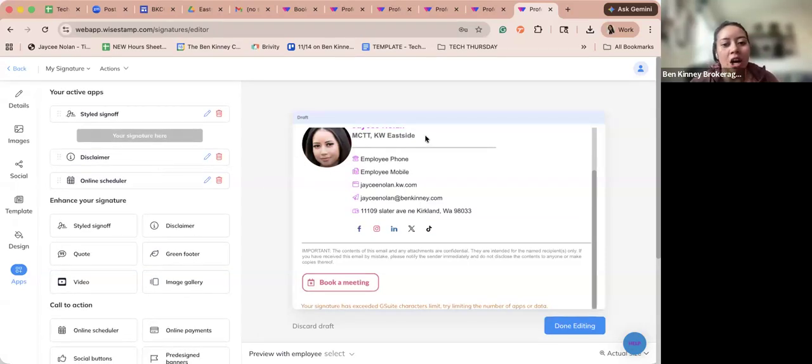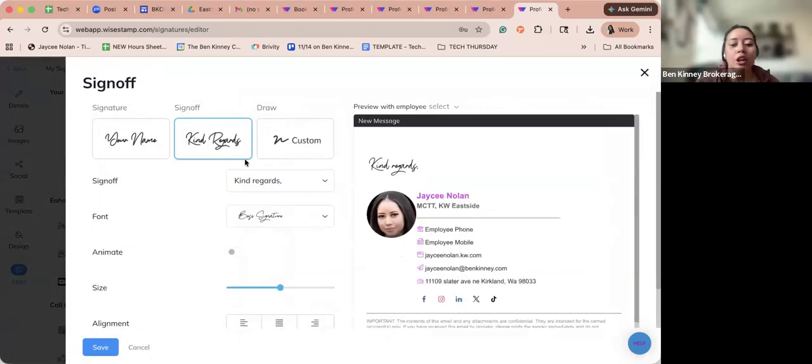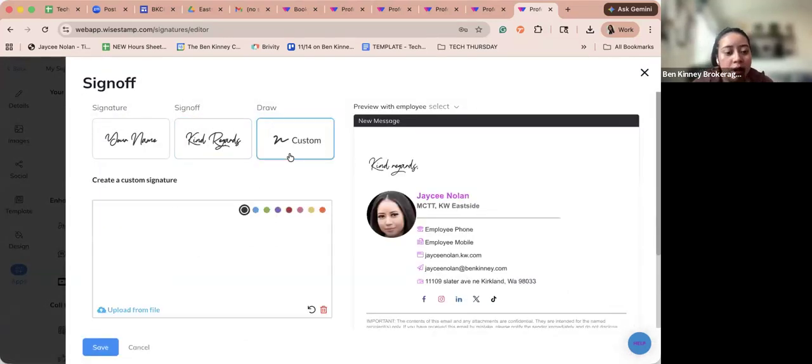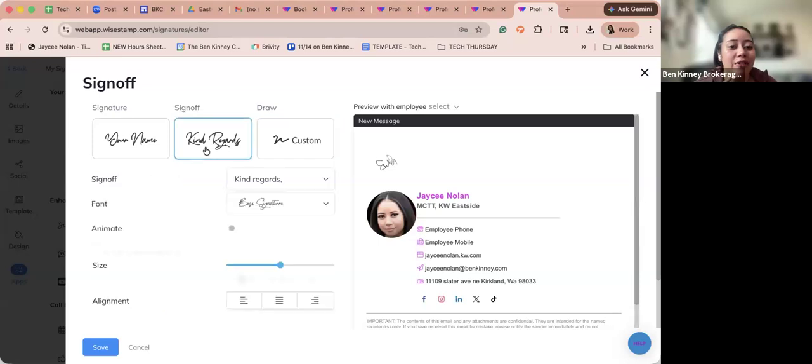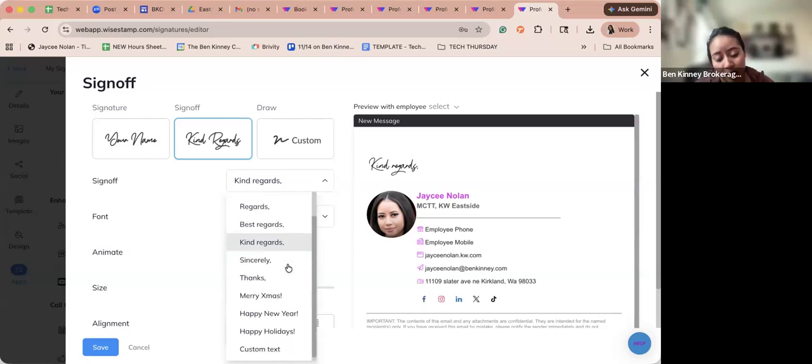Disclaimer, this is already added on here. And a couple of things too, if you didn't already notice, the awesome signature line that you can change as well. So I can add a custom, can I draw? Oh gosh, this became the best day ever. I can draw my signature, and I'd probably use an iPad for this because I am absolutely not good at this. Delete. If I want to use what's already here, they do have a couple of options,